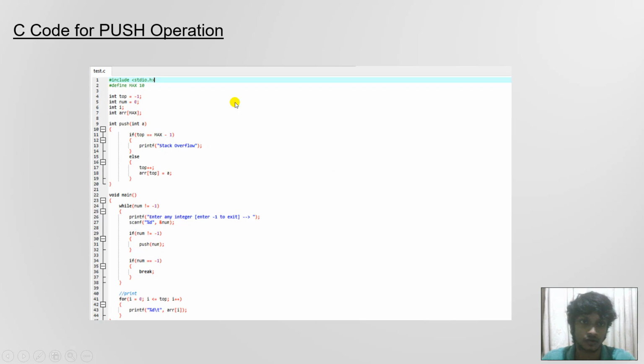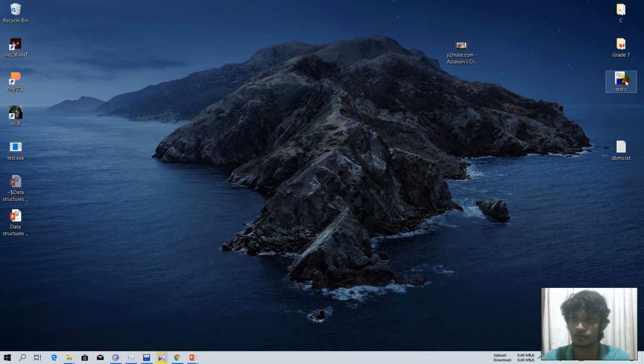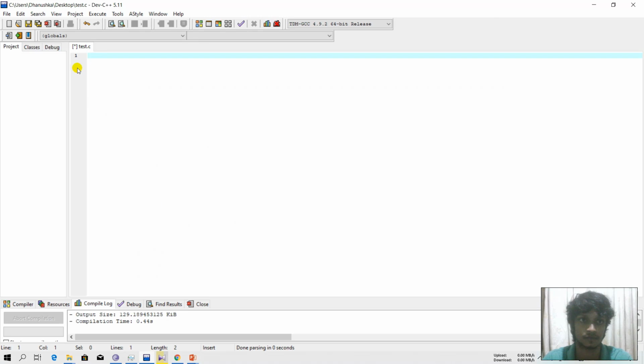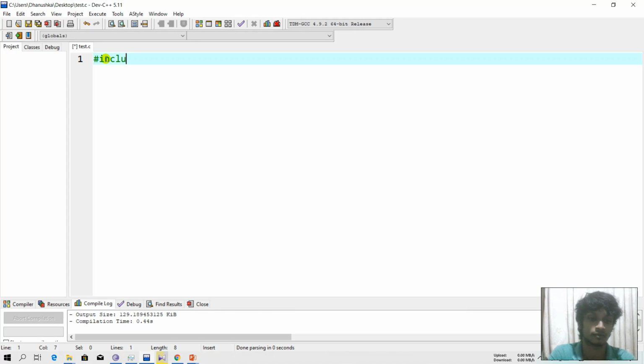Okay, so this is the C code after we successfully snipped it. Okay, so let's move to the C code. First we should include our preprocessor, include stdio.h.